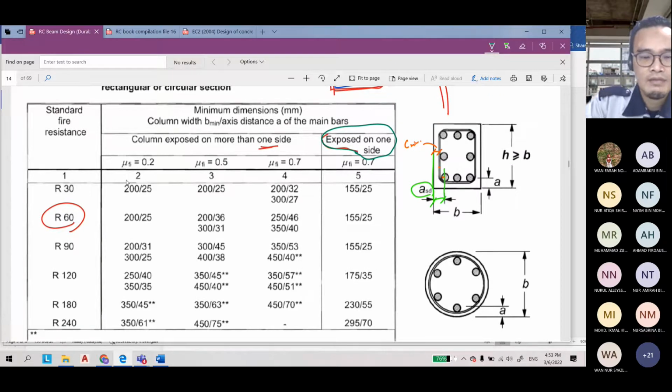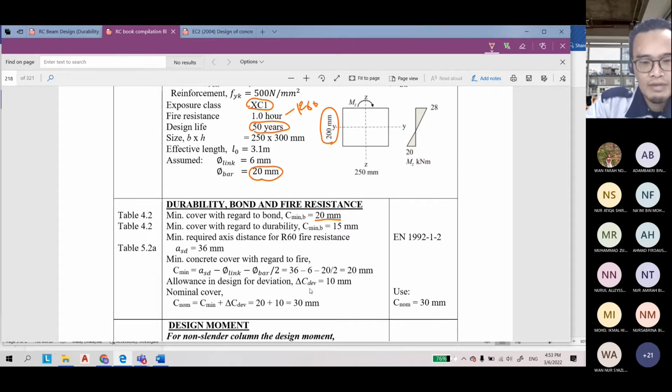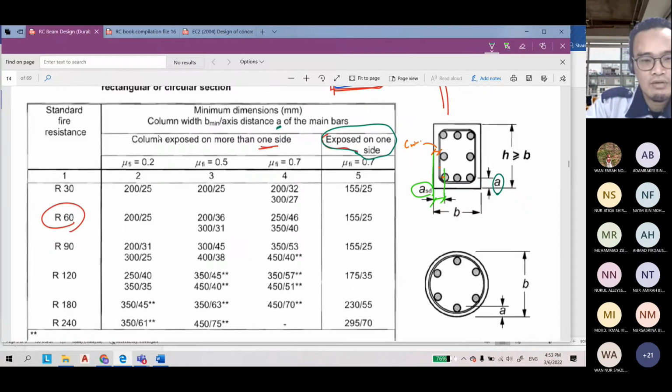This one, axis distance A of the main bar. Okay, this is the axis distance, so this is A. I'm not sure about the column actually. 36, so this one 200 mm. So 200 mm is 36. Okay, the distance A. Sorry, because for the column